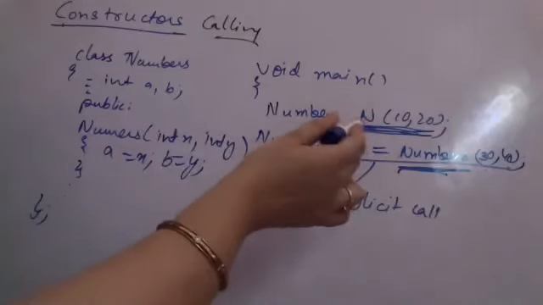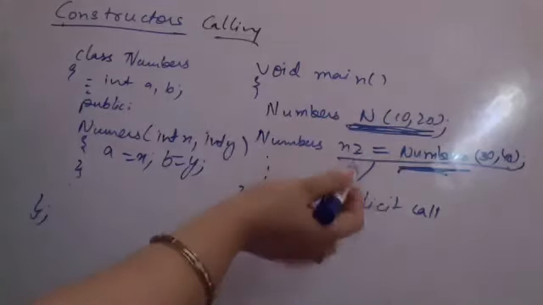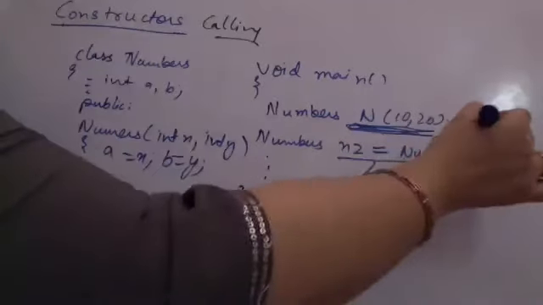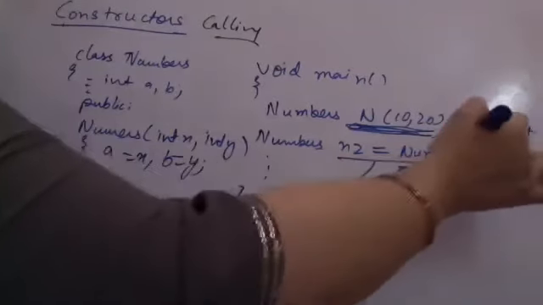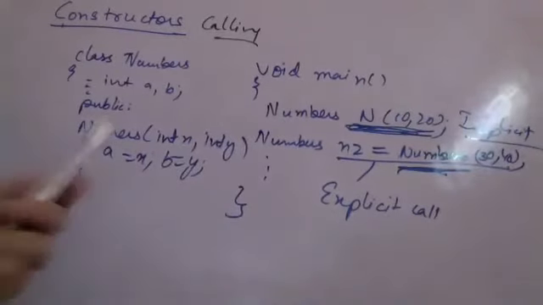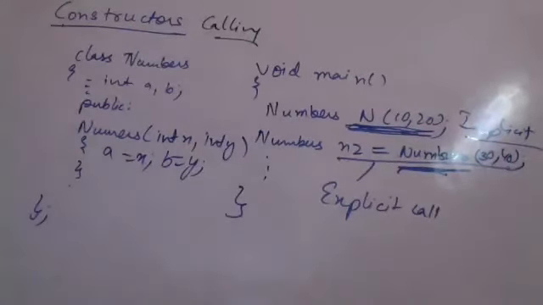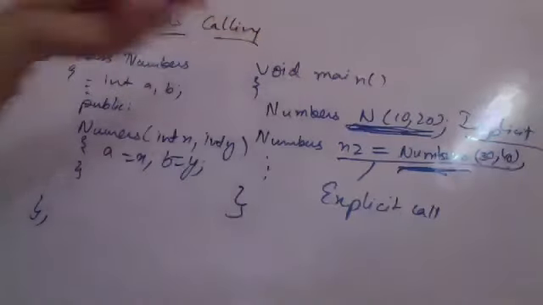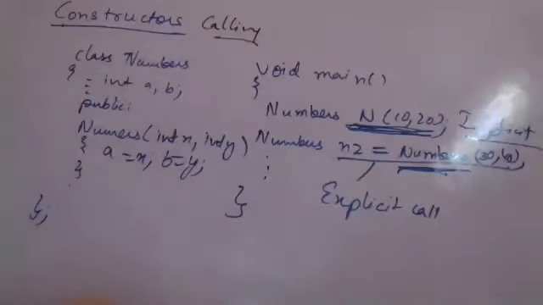This is the shortened way of writing the same thing. This is an implicit call. That is an explicit call. Both are completely valid syntax and both can be used in the programs. Generally, we are using the implicit call method, but both are working in a very similar manner. So you can do both. Now let us see an example.